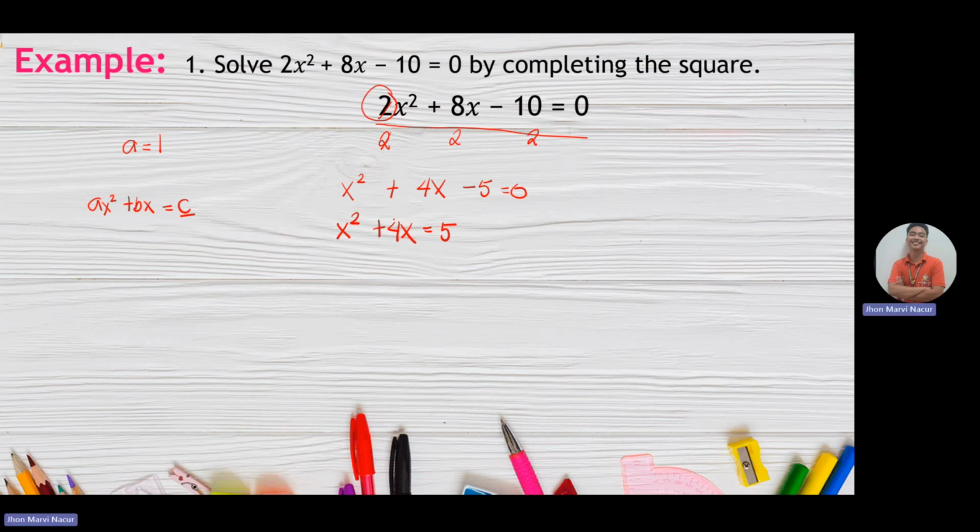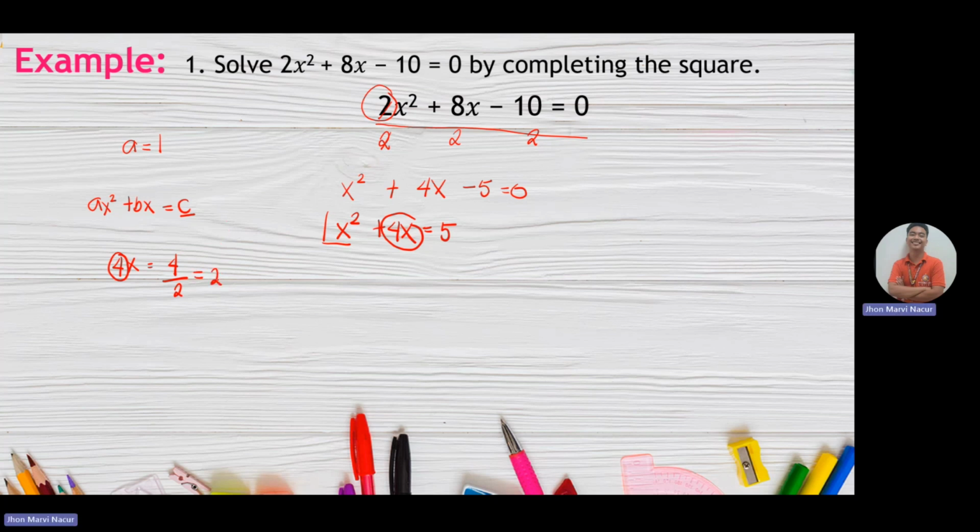So now we are done with step number 1. For our step number 2, from this equation, we need to find the linear term. And the linear term here is 4x. So let's write it here, we have 4x. The numerical coefficient of 4x is simply 4. 4 divided by 2, we need to get 1/2 of 4. This is simply 2.